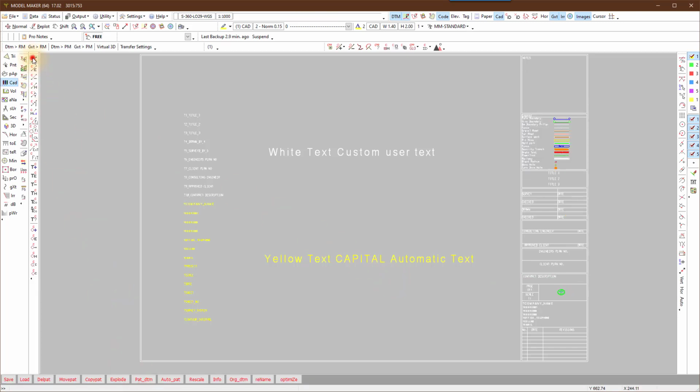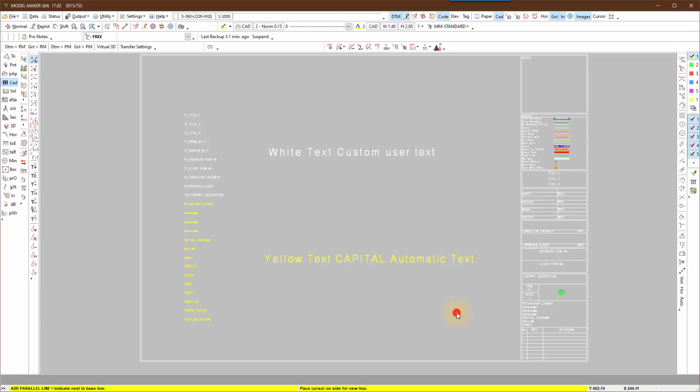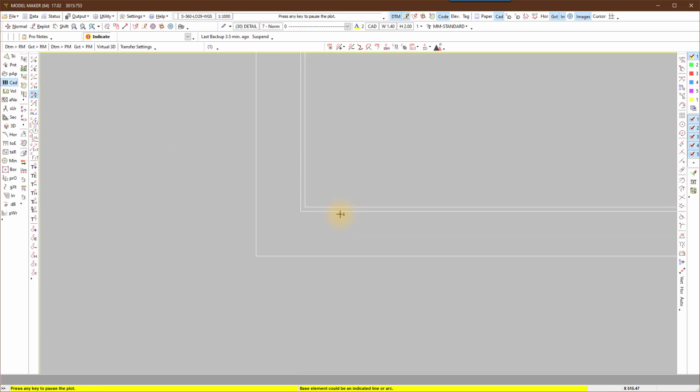Create a base point to snap to the paper edge at the bottom left corner. You might need to do some calculations based on the title block margin size you want. I calculated the 10 mm margin for the A3. I trim the lines to make them neat.